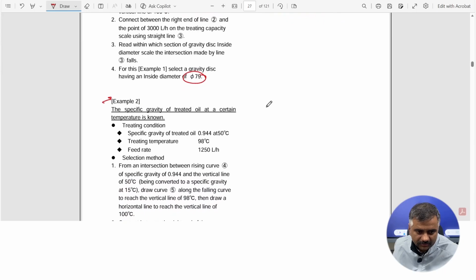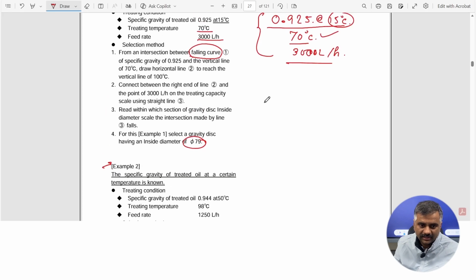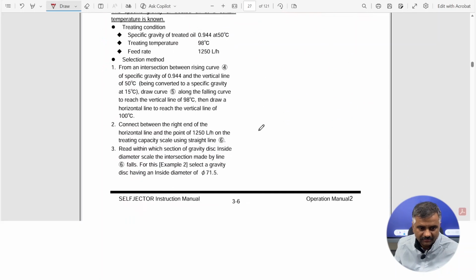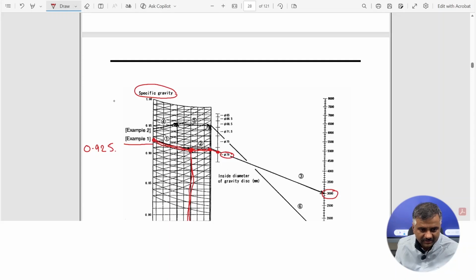Okay, the specific gravity of the oil is known at a certain temperature. The only difference here is that it is known at 15 degrees centigrade. When the specific gravity of the oil is known at 15 degrees centigrade, you will use method 1, where we will take the falling curve, otherwise